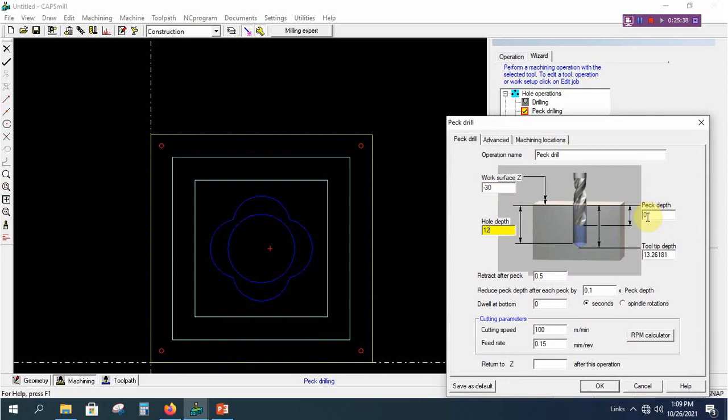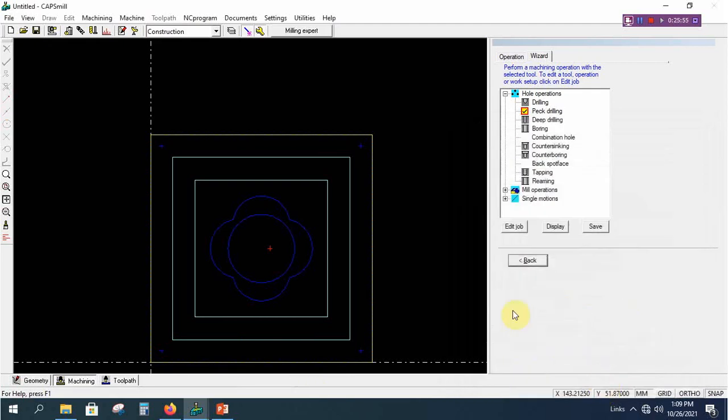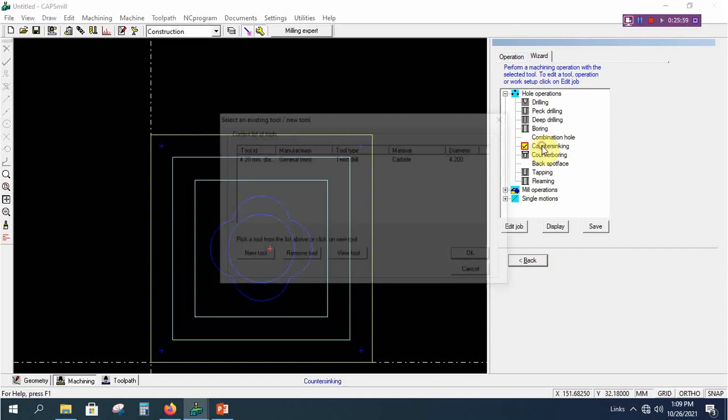At a stretch we cannot remove 12 mm depth, so 0.5 or 0.4 mm every time the tool will be pecking. Safety height will be 50 and then simply give OK. All other parameters no need to change. Give OK. The second operation is over, and go with the third, countersink.